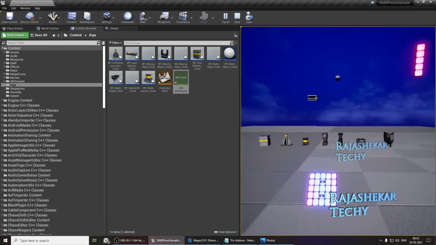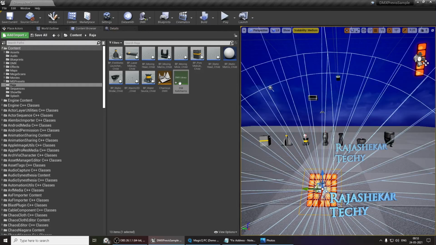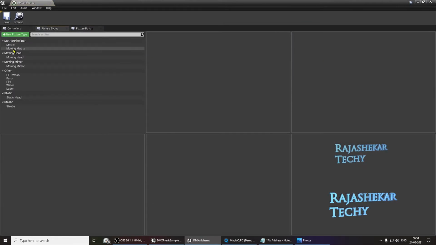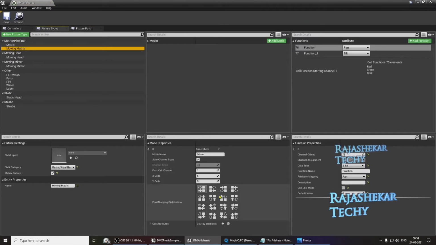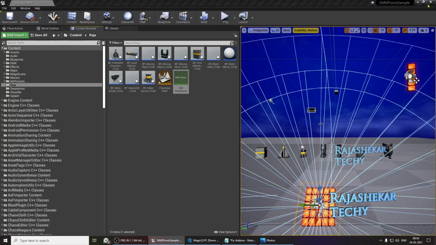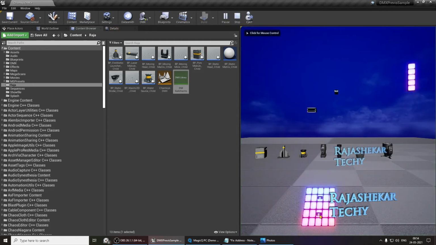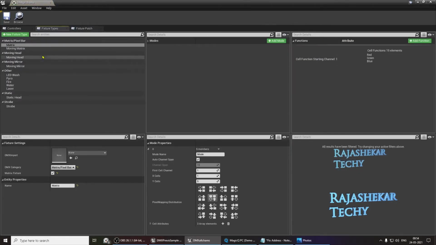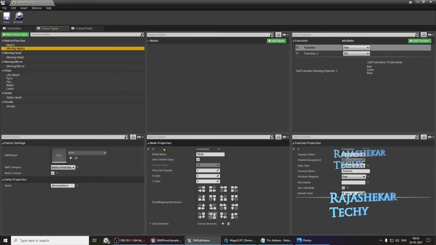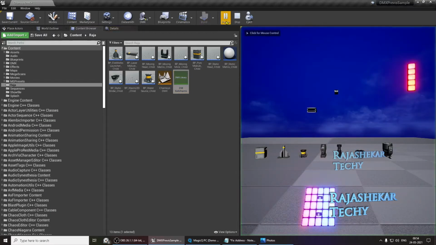Now let's click on Unreal. If you see the orientation, the light is moving from right to left, right? Let's try to change the orientation. Go to DMX library, moving matrix, and let's change how it should distribute. Something like this, and save. The moment you play, if you notice, the moment we change that distribution, it animates differently. So that's how you play with the distribution style to get a different movement. Let's try this way, save, and if you notice, it's back to the same style.